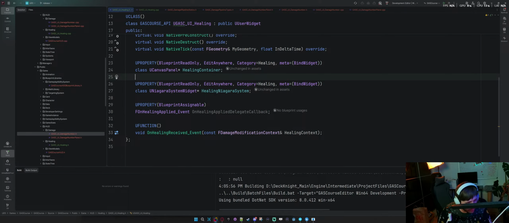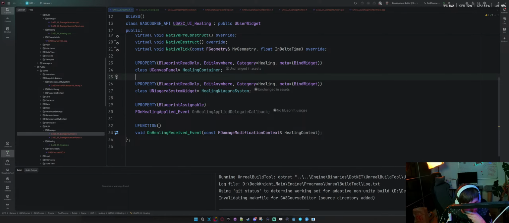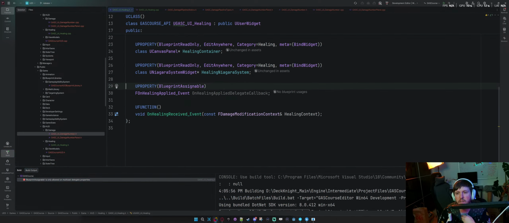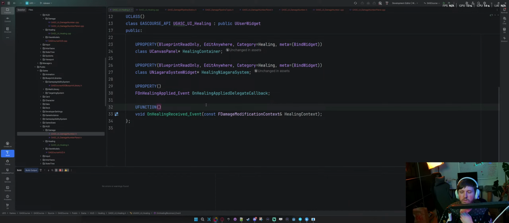I don't know. Okay, so now blueprint assignable is only allowed here, so maybe that's okay.